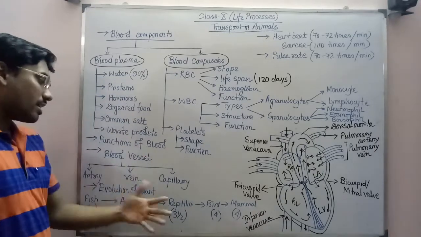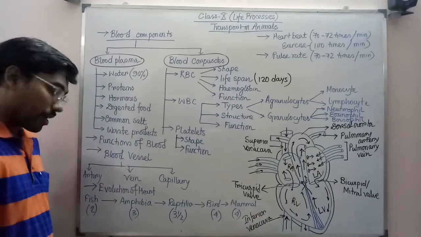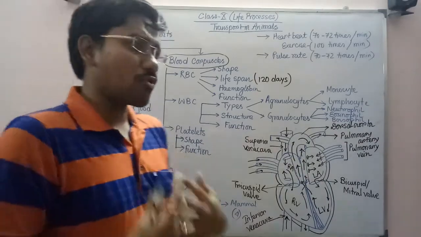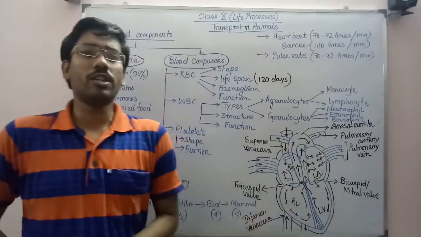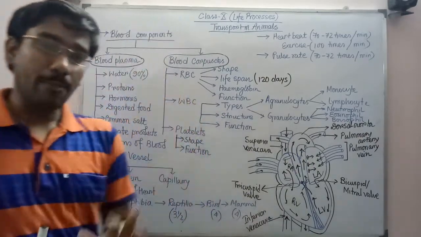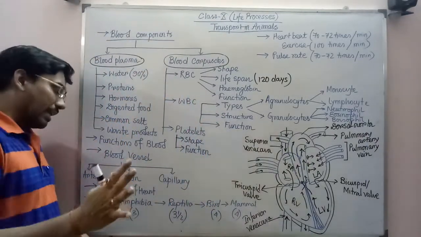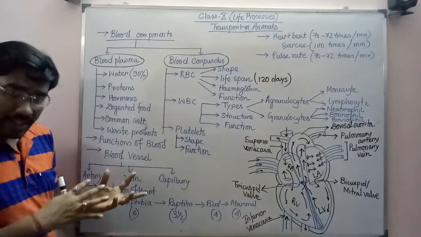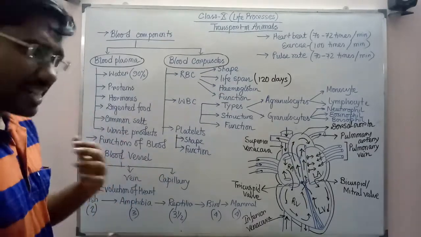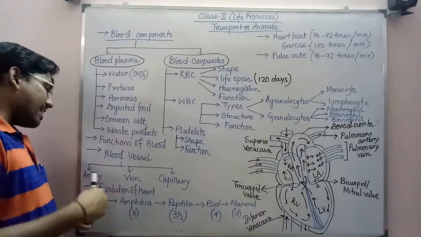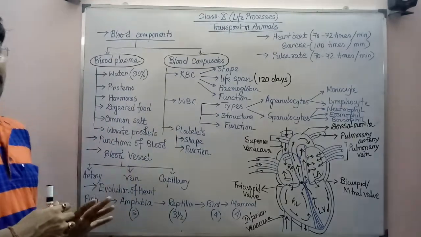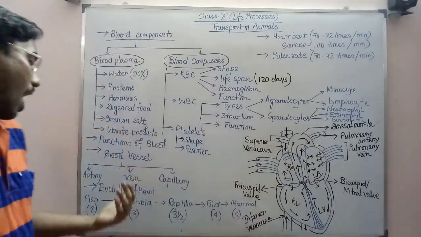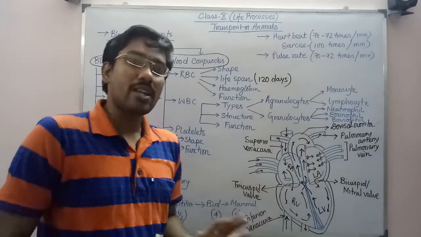Let's see whatever the differences are actually present in between these three. Keep it in your mind, the blood which is coming out from the heart and getting distributed to the body tissue, that is the oxygenated blood. And keep it in your mind, this oxygenated blood is strictly transported by the artery. And in opposite, from various kinds of body tissues, the carbon dioxide containing blood is coming to the heart, that is transported with the help of vein. That means artery is always responsible for carrying the oxygenated blood and vein is responsible for carrying carbon dioxide containing